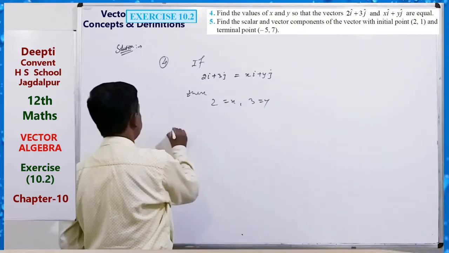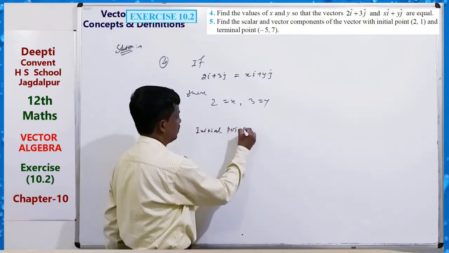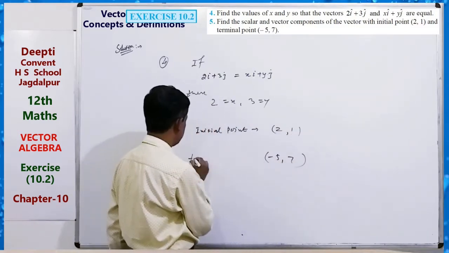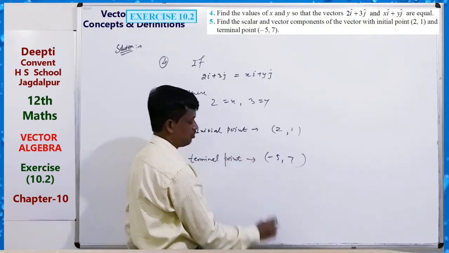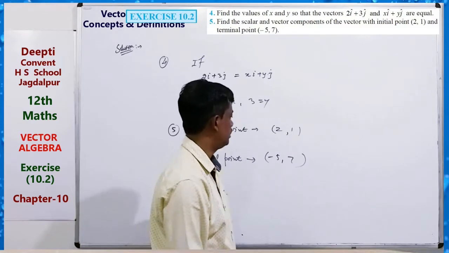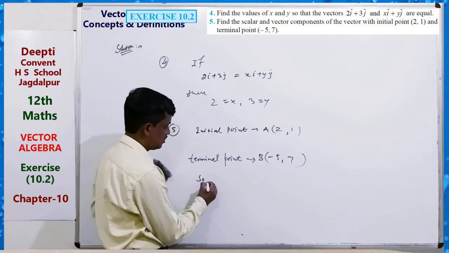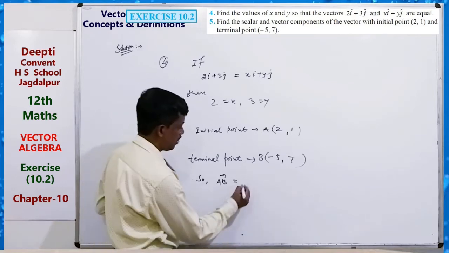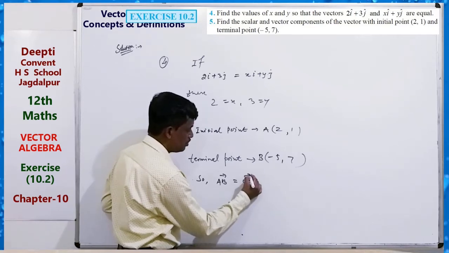So here, for scalar and vector components with initial point A and terminal point B, how can you write vector AB? OA, OB minus